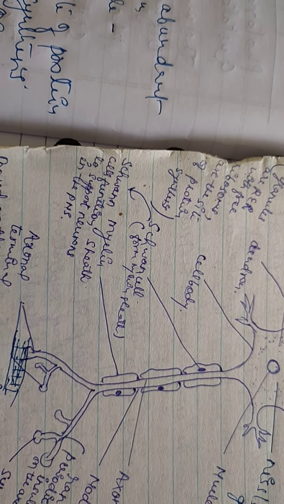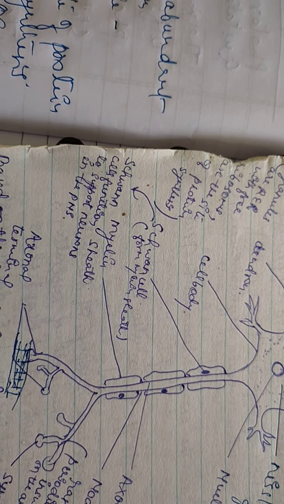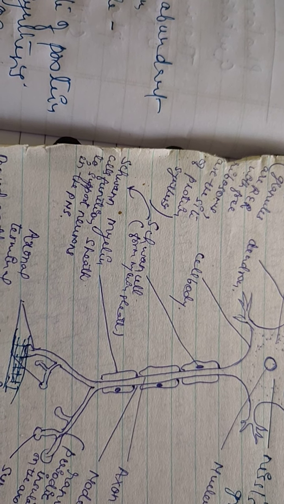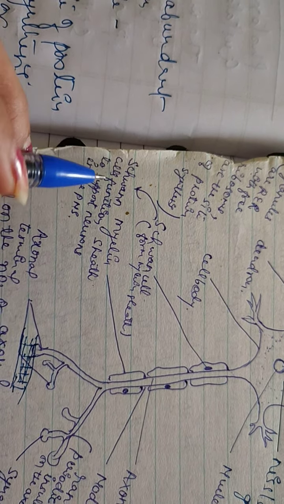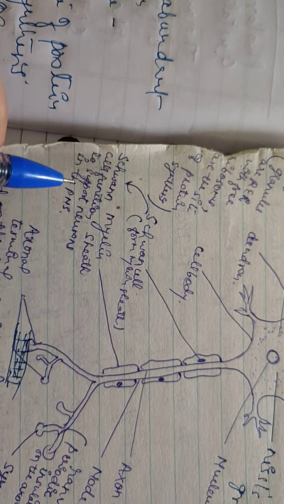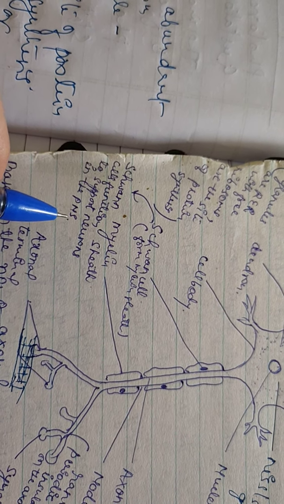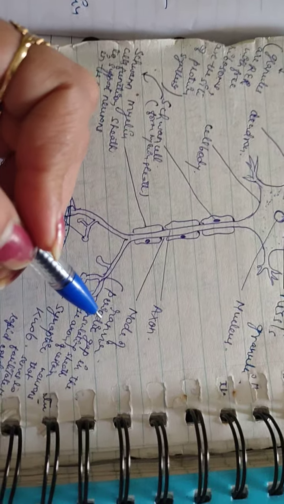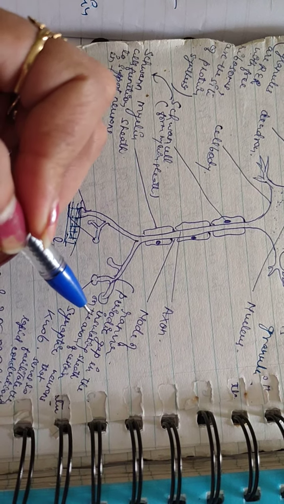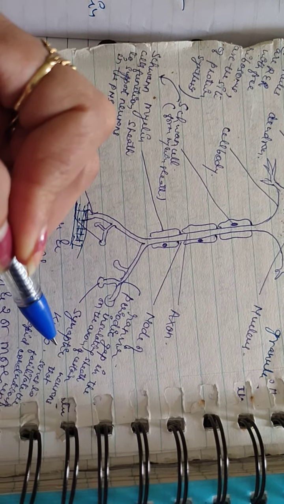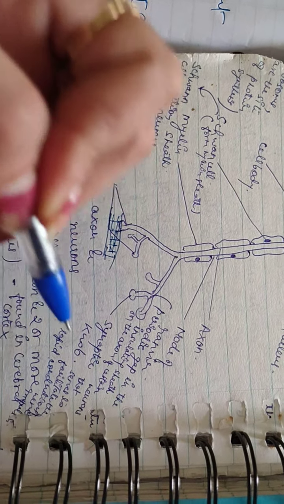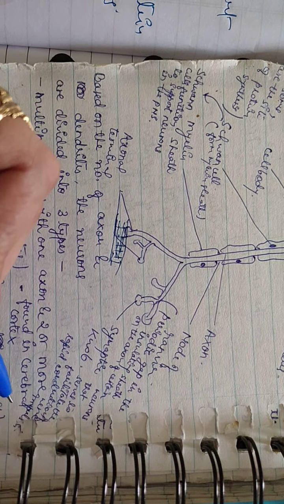So what is the function of Schwann cells? They secrete a fatty insulating layer which forms the myelin sheath. So Schwann cells function to support neurons in the peripheral nervous system. This is the node of Ranvier, which is known as a periodic gap in the insulating sheath on the axon of certain neurons that serve to facilitate the rapid conduction of nerve impulses.